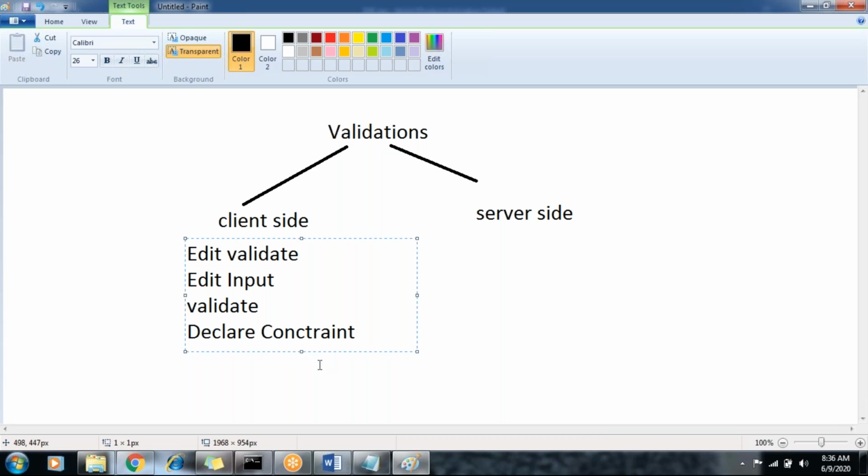You can use activity methods also, but on the server side, you use activity methods.